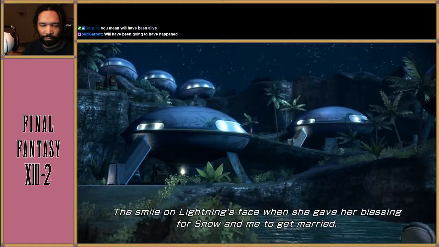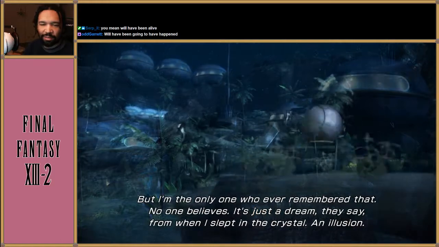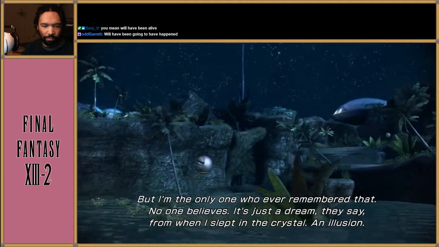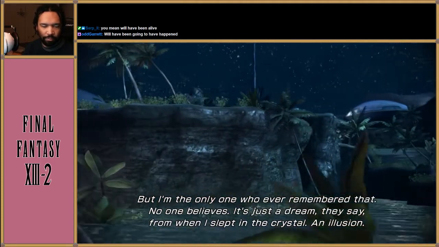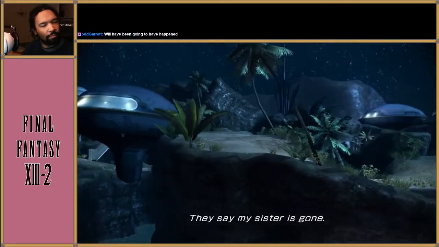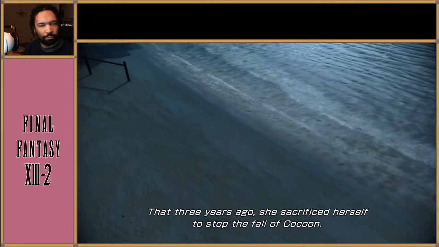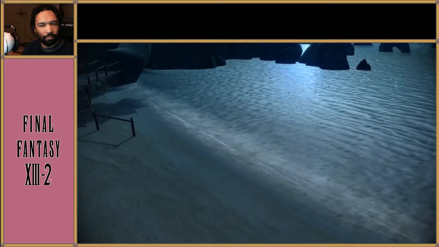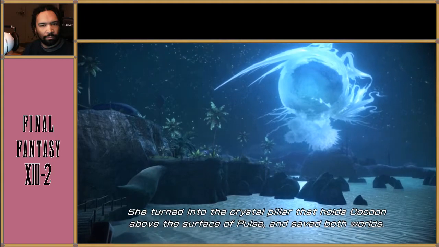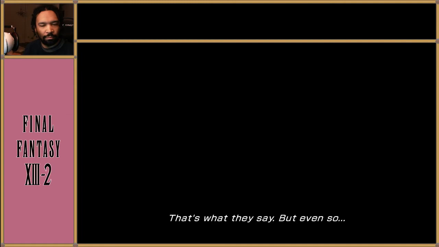The smile on Lightning's face when she gave her blessing for Snow and me to get married. I'm the only one who remembers Snow and me. No one believes it. It's just a dream, they say, from when I slept in the crystal. An illusion. They say my sister is gone. That 3 years ago she sacrificed herself to stop the fall of Cocoon. She turned into the crystal pillar that holds Cocoon above the surface of Pulse, and saved both worlds. That's what they say. But even so...